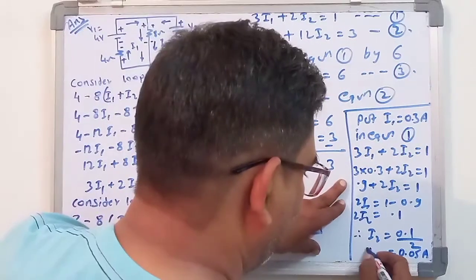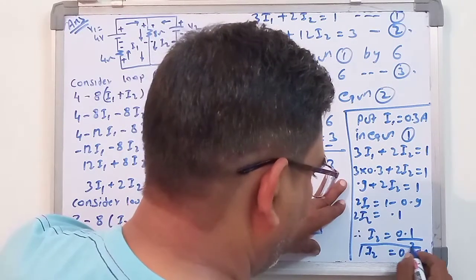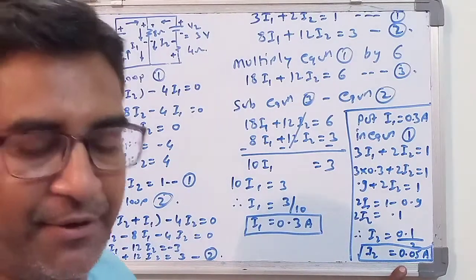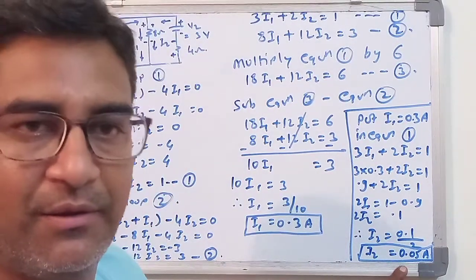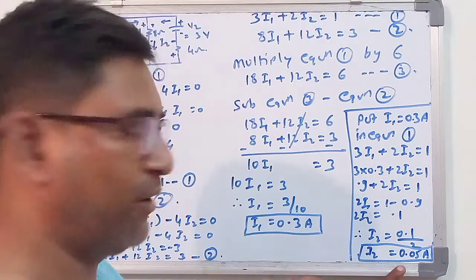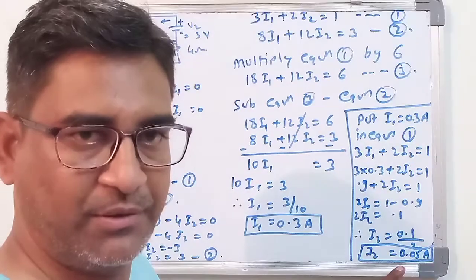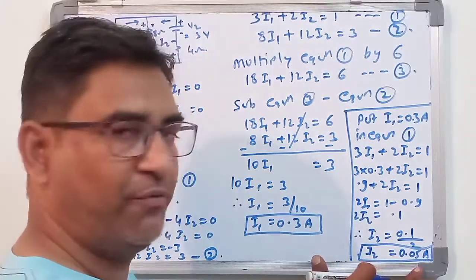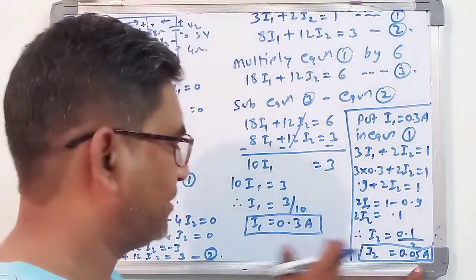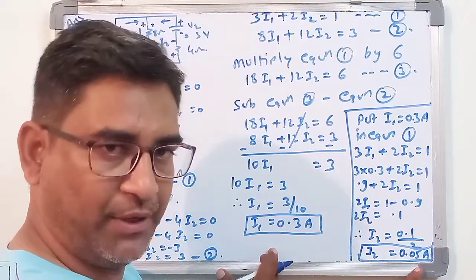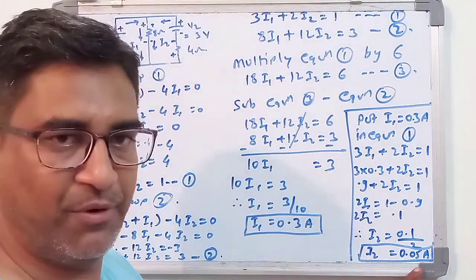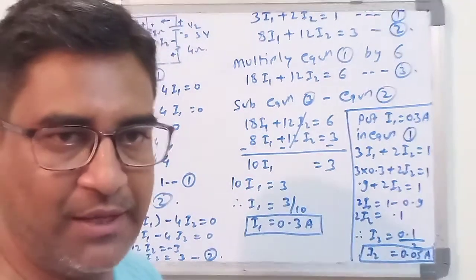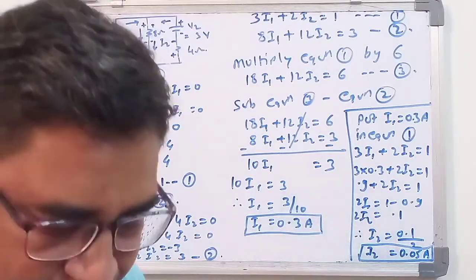Again, mark here I2 as you have got it. Okay, it must be highlighted. After highlighting, whoever checks the paper, your teacher, should be able to understand that this is the value for the loop I2, and this is the value for the loop I1, meaning the first loop and the second loop. Okay, this is the way for solving the various KCL and KVL problems.